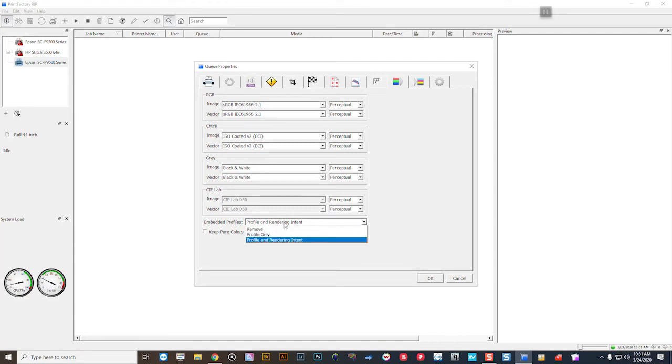Under here, you can choose to either remove all embedded profiles, so any files coming into the system you could completely remove, and then it would tag whether it's a CMYK or an RGB file, whatever I have listed above. Embedded profiles, we could keep